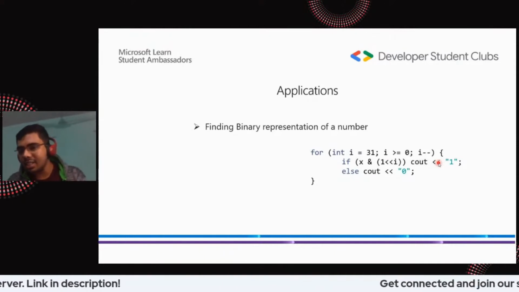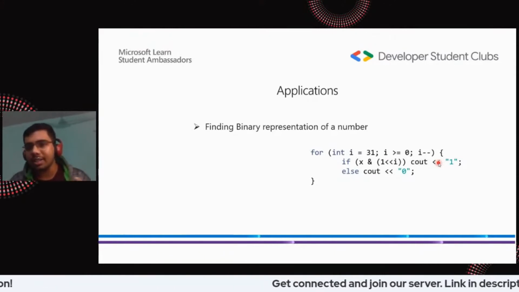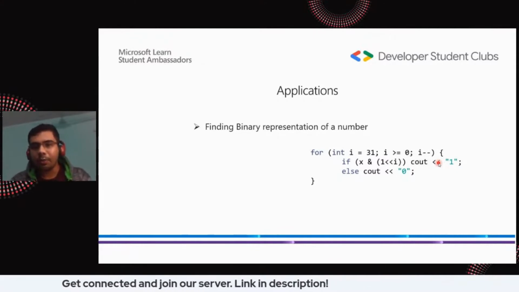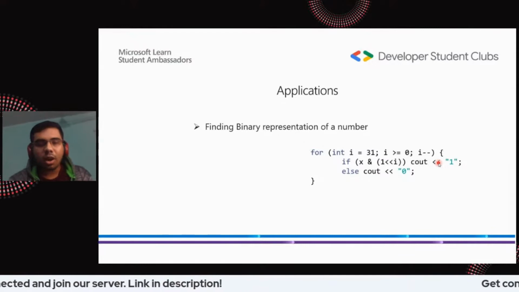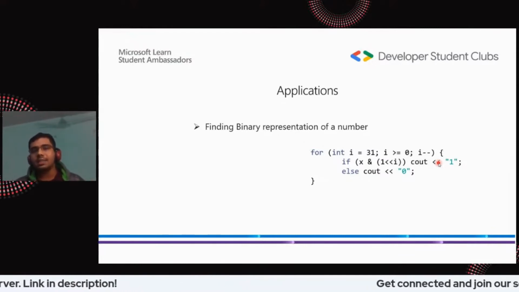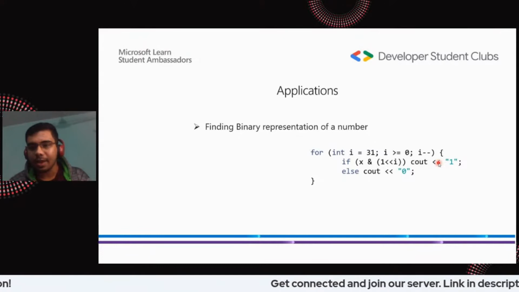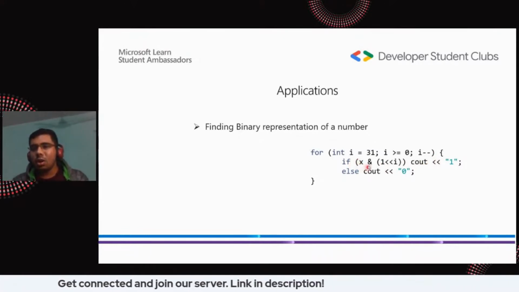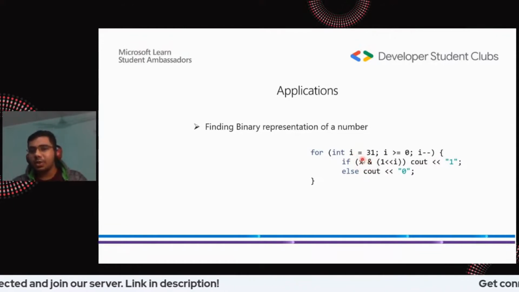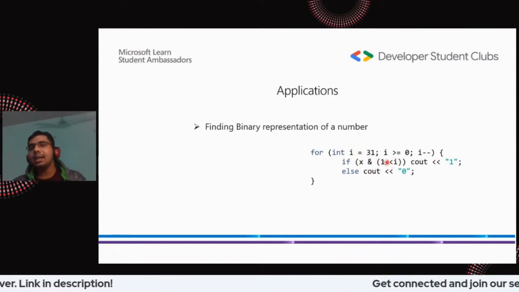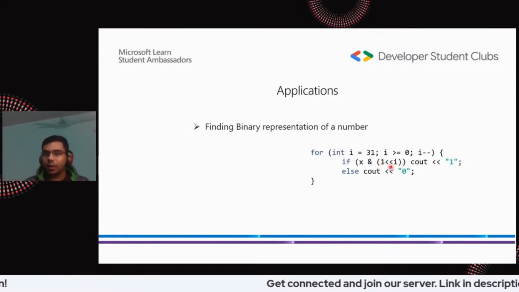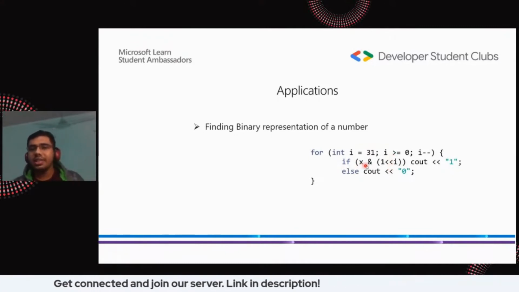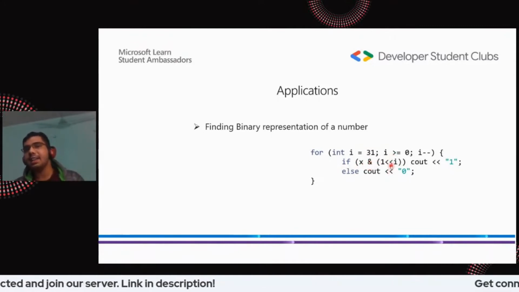I hope I could make you understand. Just comment down if you couldn't understand why this binary representation works in this manner, and I will try to explain it in some other way. Basically, we are doing an AND operation between the number x and the left shift of that bit. Okay, that's an implementation you found using a combination of AND and left shift.